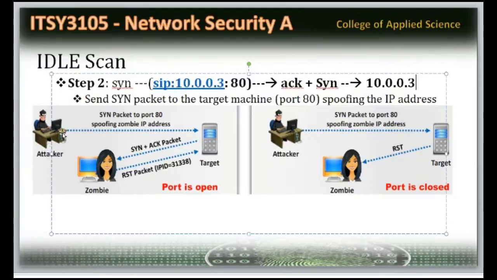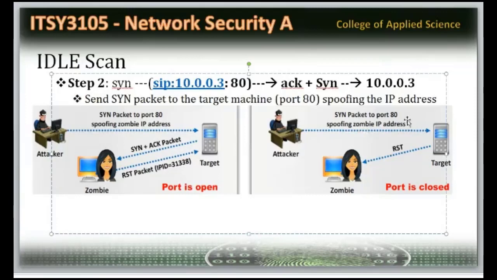So I just simply send a fake IP address. I'm sending the sync to the target. The reply is going here. Automatically, the IP ID is released to this machine. Next, see the next one. This is the case where the port is open. Now if the port is closed,